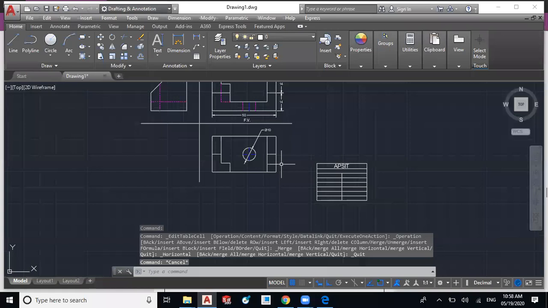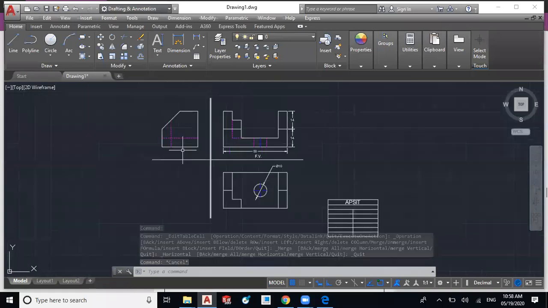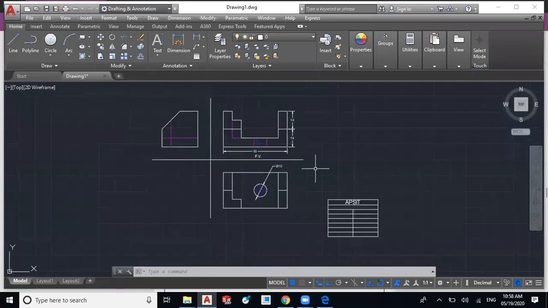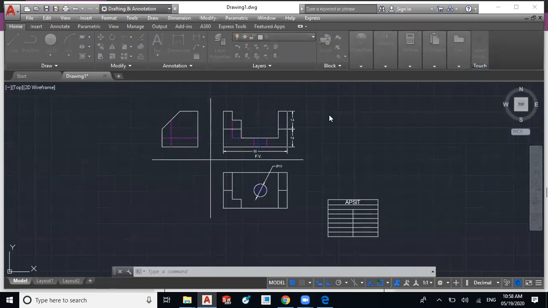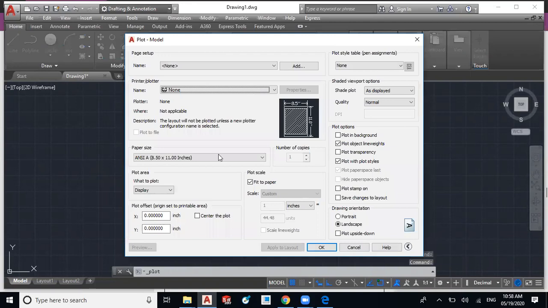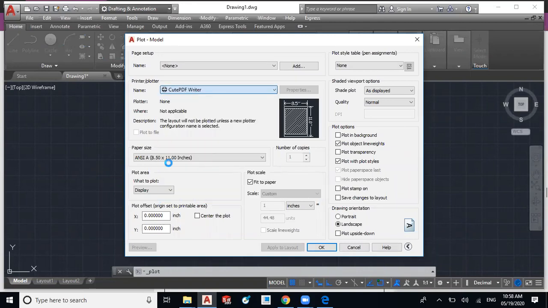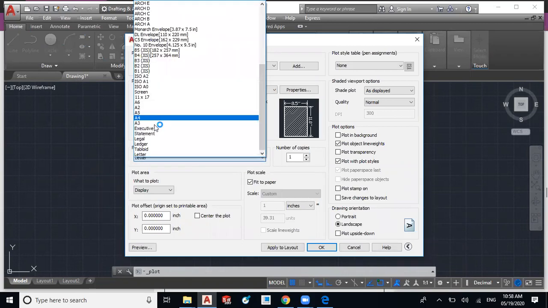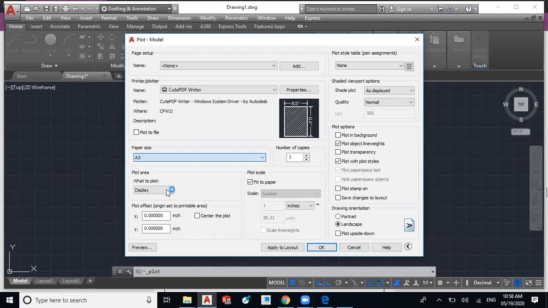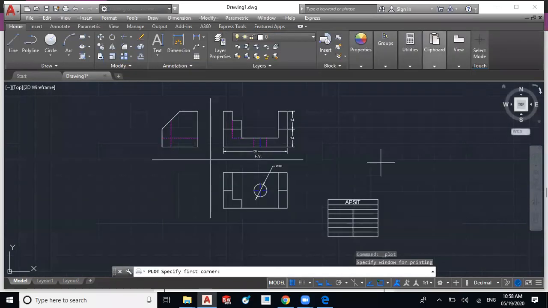And I have shown the printing settings also, so you can convert this drawing into a PDF, or you can directly print this drawing. So see the printing properties. I have to select the PDF converter, or you can select the Microsoft PDF converter. You have to select the page size, the paper size on which you are going to print this drawing. So generally A4 or A3 printing is available with us.